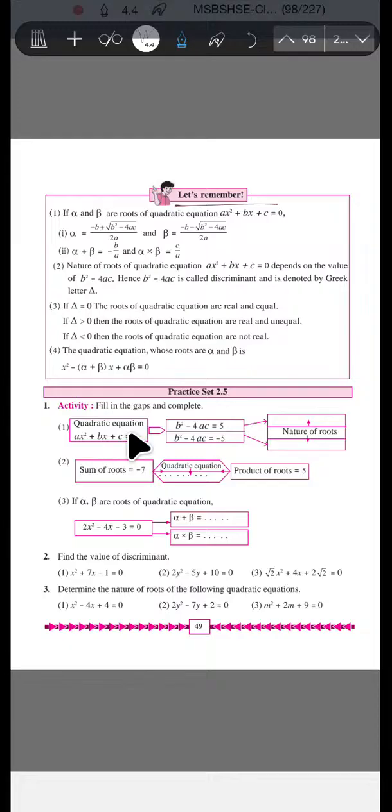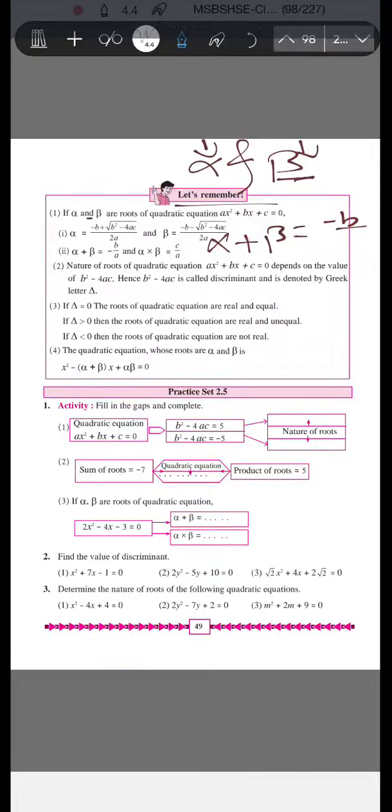If alpha and beta are the two roots of a quadratic equation, then alpha is equal to one value and beta to the other; we have already discussed that one is in the negative form and one in the positive form. These are nothing but the roots of the equation, the two values we find at the end. One is alpha, the second one is beta. We can combine them: alpha plus beta is equal to minus b upon a, and alpha into beta is equal